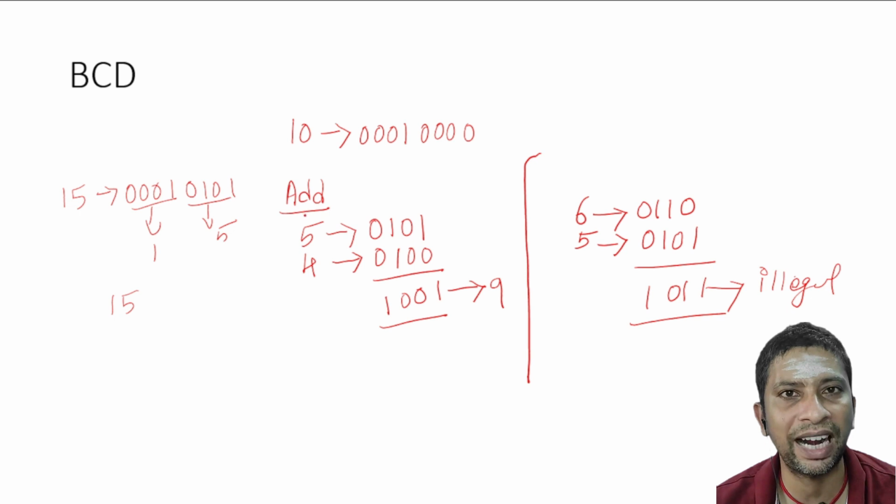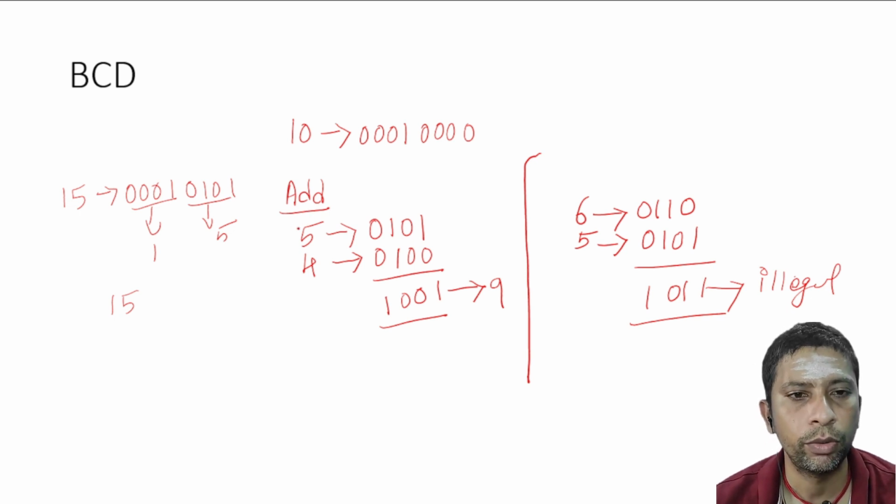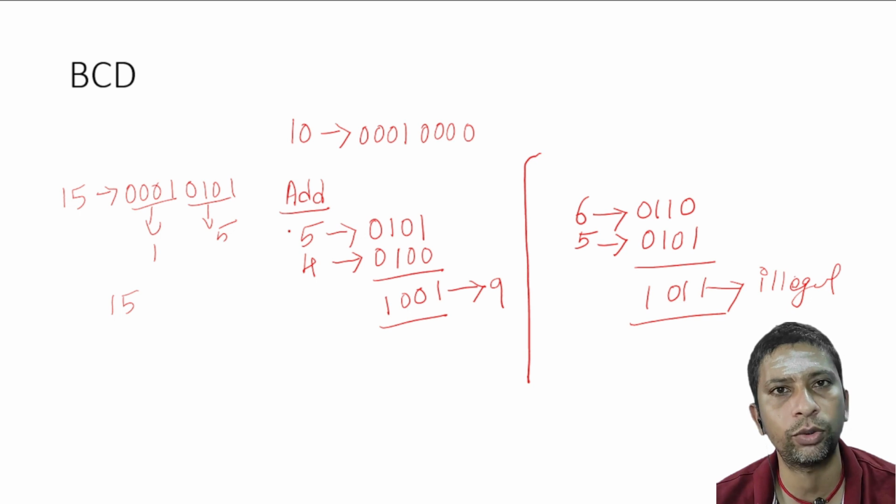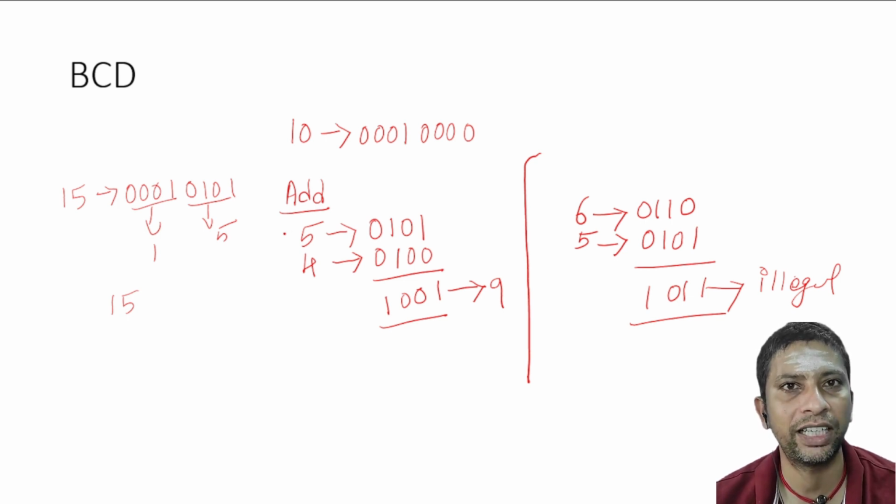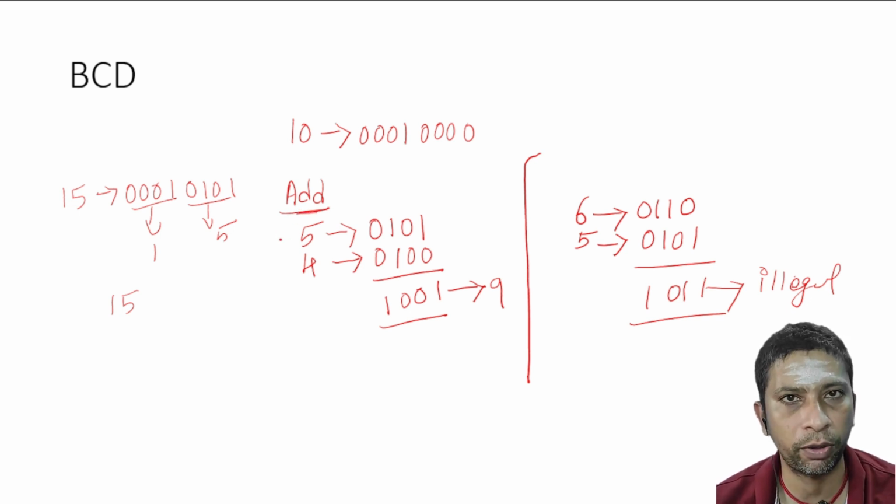Now let's go to the simple addition operation that we are doing in BCD. BCD addition is almost similar to our binary addition, but there are some simple changes. These changes come because of the difference in the number of bits that we have. Let's see in detail. I am going to perform addition of 5 and 4. So it is going to be 0101 for 5. Similarly, for 4 it is going to be 0100. The output I am going to get is 1001, which is a 4-bit number present in BCD,